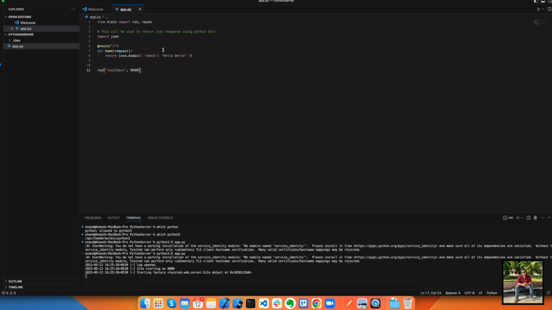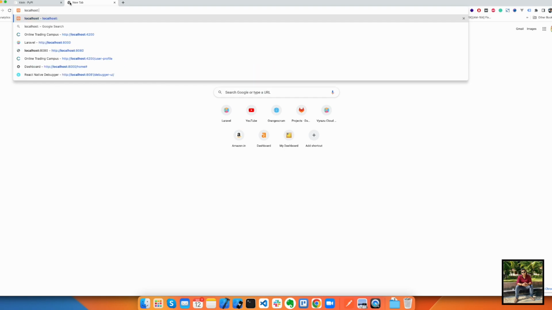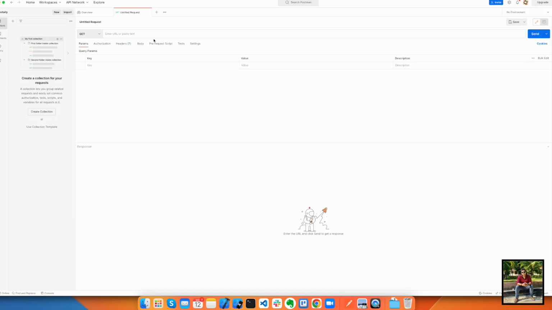Yeah, now it's running. So what I can do is I can go to localhost 8080 and let me check the result. So localhost over here 8080, you see check hello world, and this is JSON. For that, let me just quickly go to Postman. In Postman, let me just make a request over here. Let me go to JSON. So check hello world. So I have just created an API, a microservice, just using